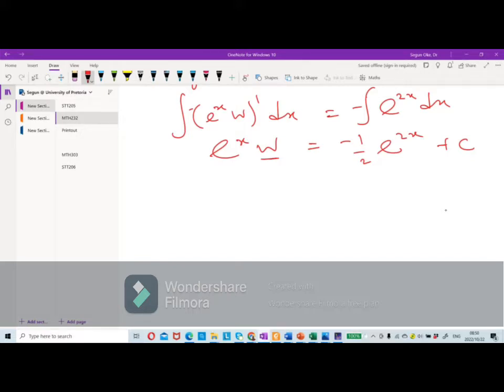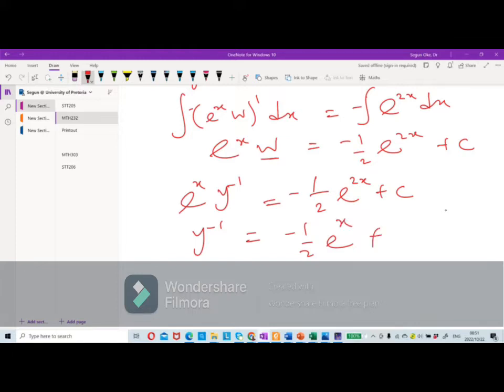W is y raised to minus 1. Y raised to power minus 1 equals 1 all over minus 1 over 2 exponential 2x plus c. Now, we can divide both sides by saying negative y equals negative 1 over 2. When I divide both sides, this one will remain with minus 1, right? Plus exponential negative